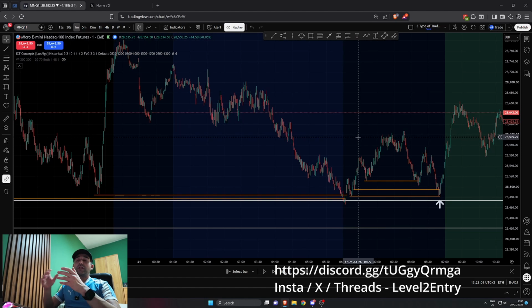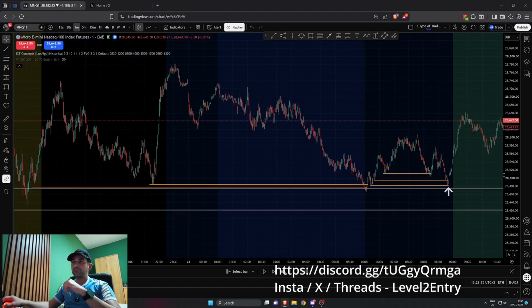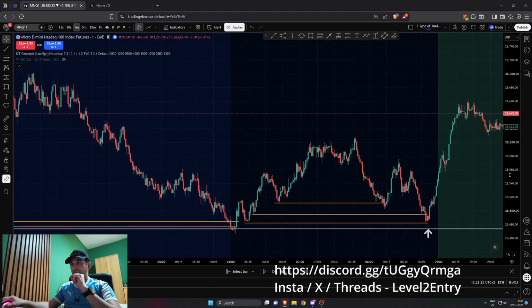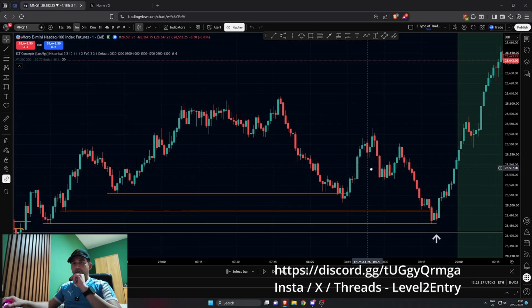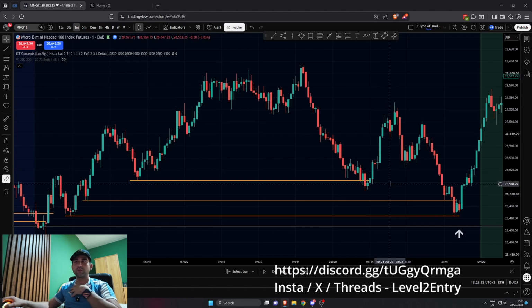So if you didn't catch the Asia session long setup, you could have waited for the pre-London session to grab a 2.5R. Why? How? After price goes below this liquidity that I have explained earlier, it made another bullish move and then retraced. So this point here